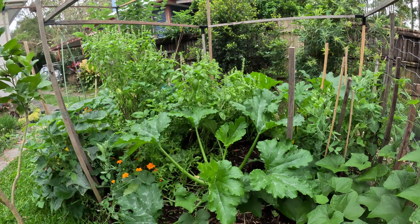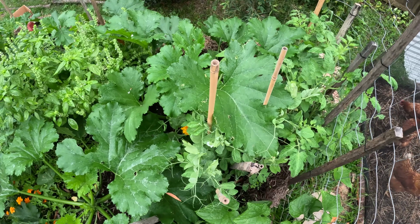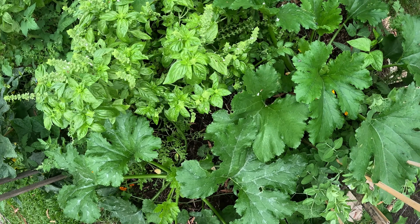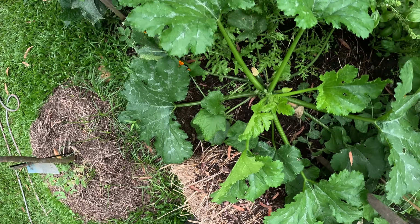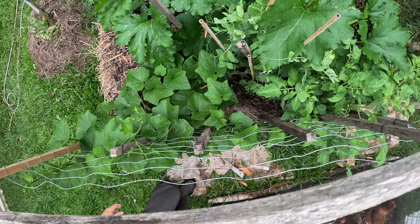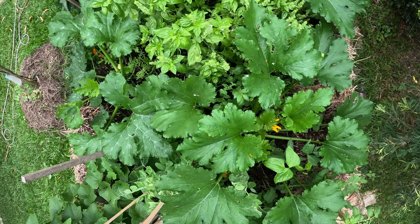Now, if we have a look here, we'll just go across with the top of my camera, and hopefully this is all getting everything in here. We can go across and come across this way. You can see there's hardly any space here in my garden. We'll go up and over here again. You can see I'm filling in all the spaces, and where I do have space,